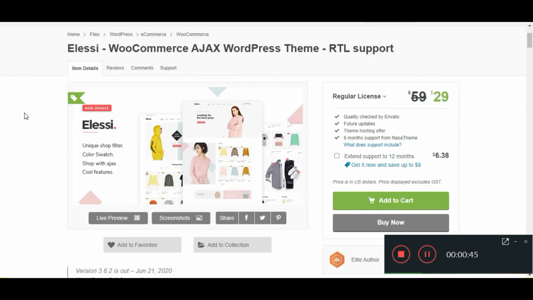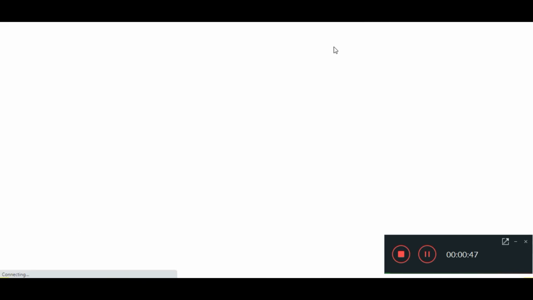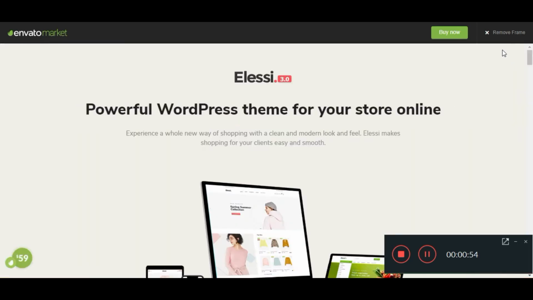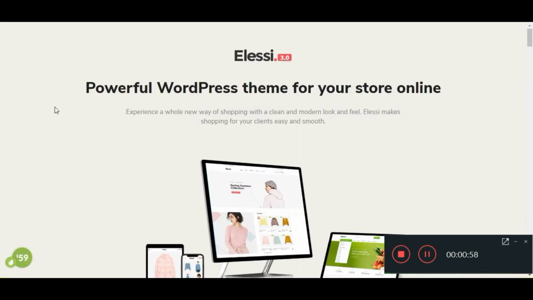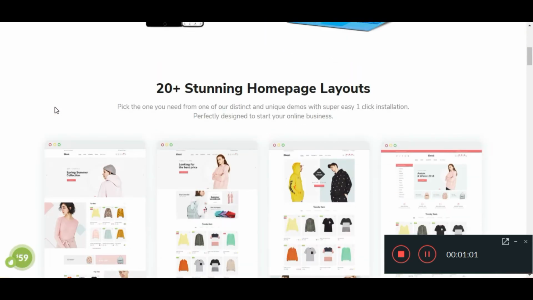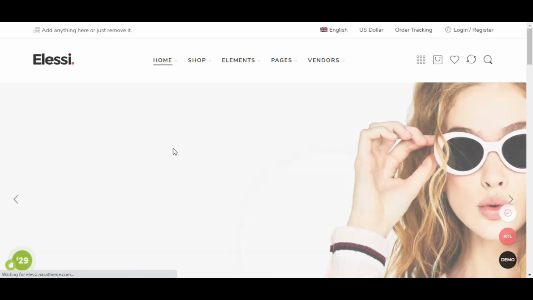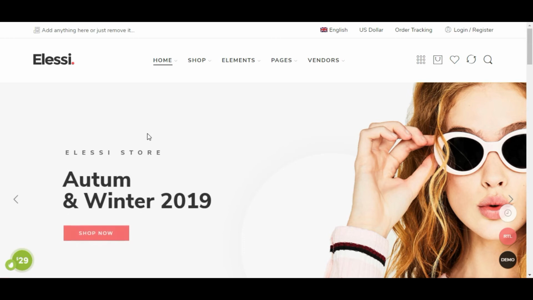So first of all, I will show you the demo. We can remove the frame to properly see the layout. So this is the main demo of the theme, the first main default demo.